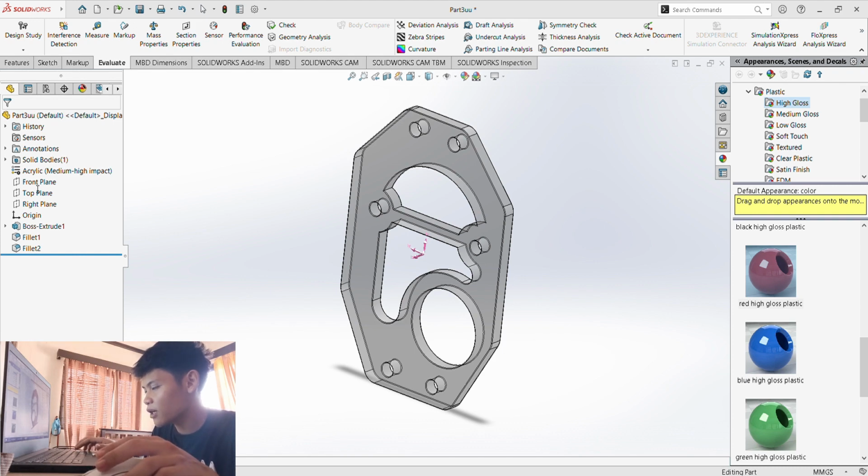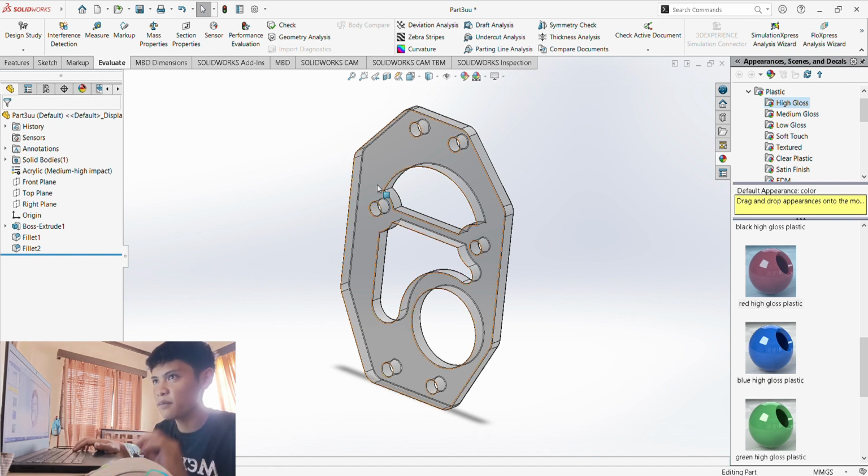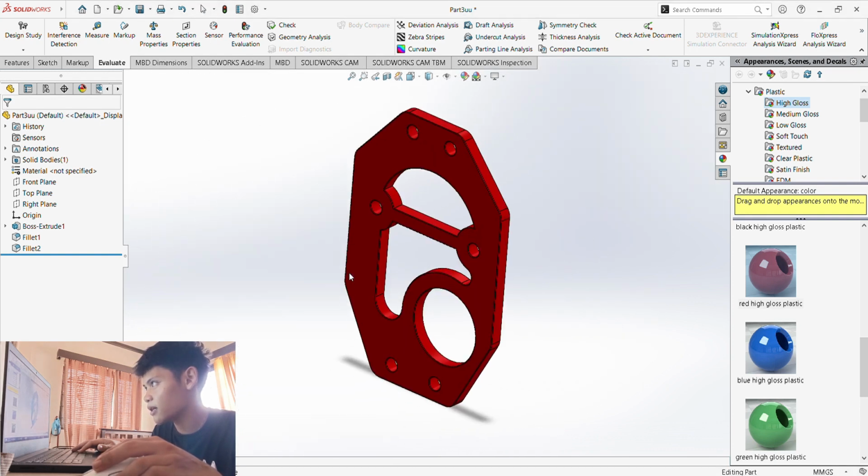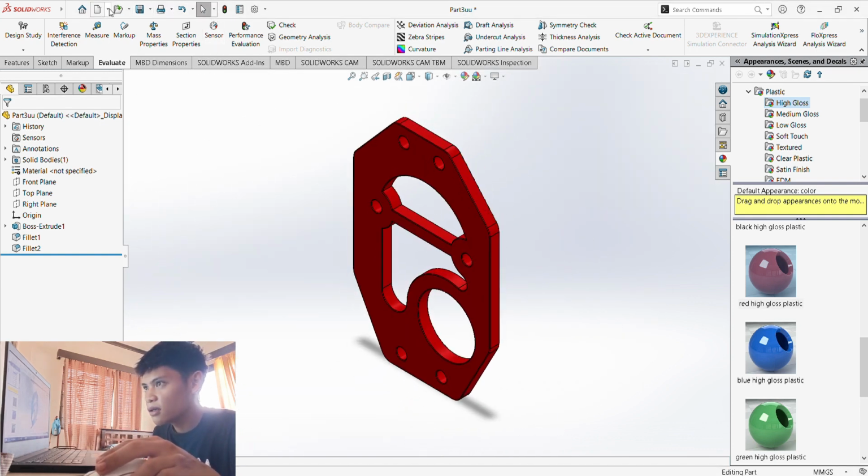So it is really important for you to know this because it is important in the industry as many companies would specify you to make different components using different materials as their properties. So let's Ctrl Z because I don't really need to use it right now. I just used it so I could demonstrate how it is being used. So let's go to the assembly. So let's make an assembly from this part right here, as this one would be our base, of course.